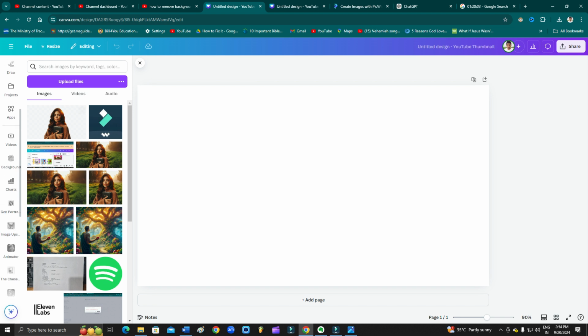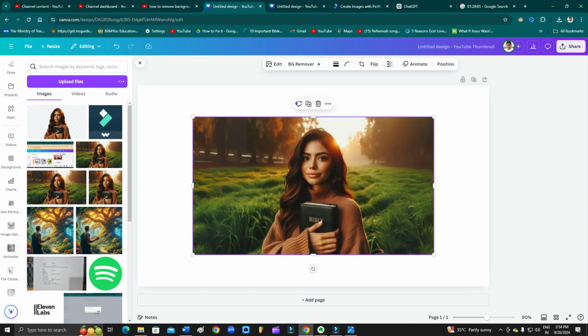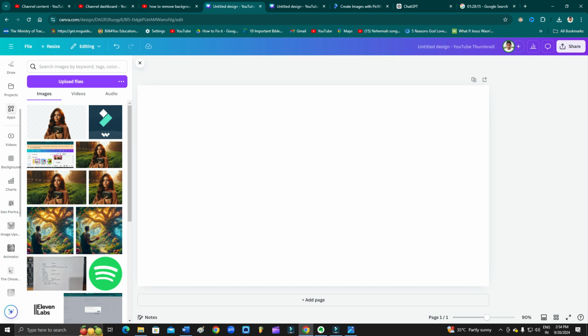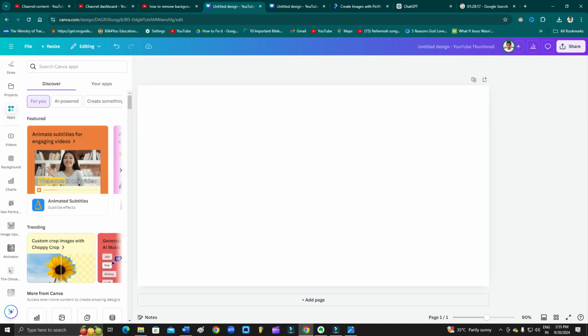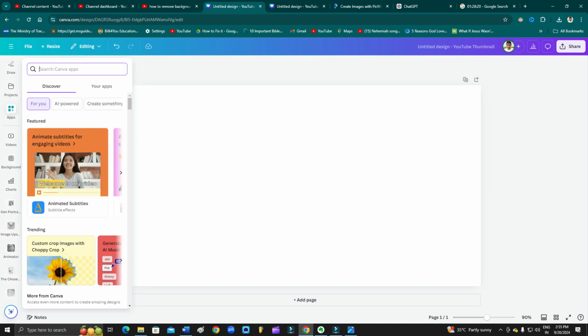Go to the apps. See guys, if I select this image here and then I click on the BG remover, then this is the Pro option, right? But I'm not using the Pro. I will tell you how you can do that without Pro. So just clear this image, go to the apps. On the left corner you can see the option apps. Here what you need to do is type